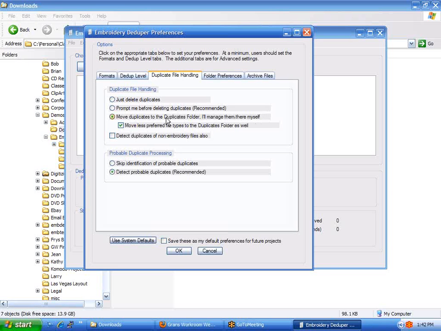Now, we'll talk shortly about where this duplicates folder is located. But what all this is saying is that instead of deleting the duplicates, it's going to move them over to this other area, and then you can do with them what you want. But as far as the deduper is concerned, they're out of the picture once it moves them. So it'll throw them over there, and then it's up to you to do something with them, like back them